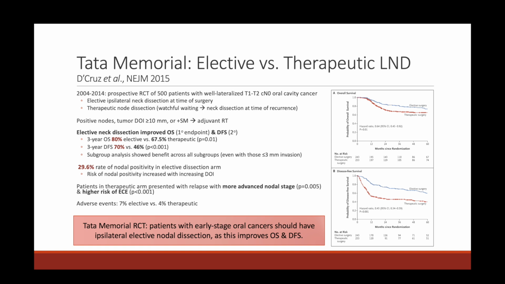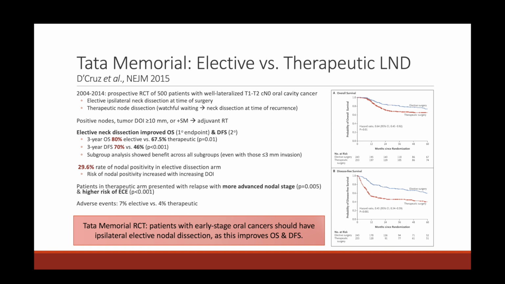For the patients that were in the therapeutic arm, they were more likely to have a relapse with more advanced nodal stage, and they also had a higher risk of extracapsular extension. So if we don't do elective neck dissection up front and just watch these patients, they are more likely to present with disease that is harder to cure later on. So the big takeaway from this study is that patients with even early stage oral cavity cancer, so even T1 to T2 N0, these patients should be having ipsilateral elective nodal dissection